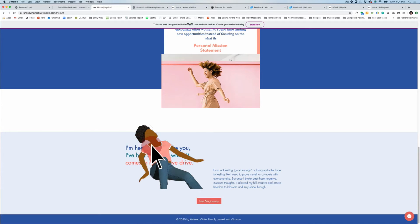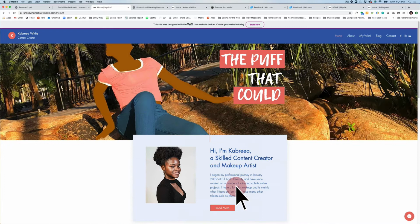Scrolling down, you have this image that's covering up the quote here. I'd like to maybe see this pulled off to the side so that both of them could be featured. Under See My Journey, I'm clicking on this, but the button itself doesn't go anywhere, so you'll want to take a look at that. Scrolling up, we already took a look at the About page, but if we go here to your work,